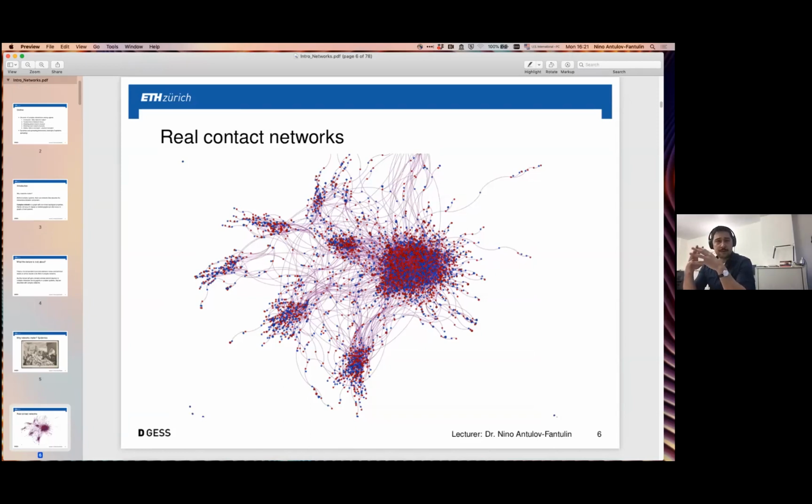Real contact networks of agents are usually a bit more non-homogeneous. Here I'm only showing you the example of a network of high-end sexual escort prostitution. Here you have two types of nodes, referring to male and female. This is a data set that was published, and it's possible to publicly analyze it. It's also a temporal network.